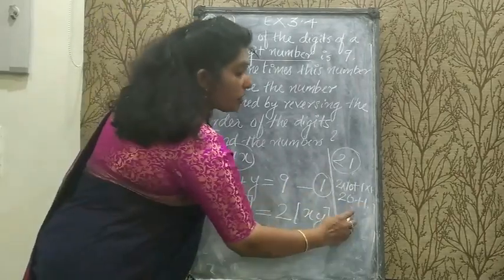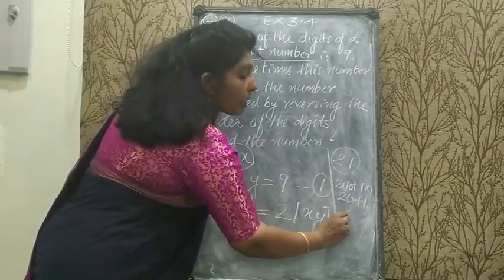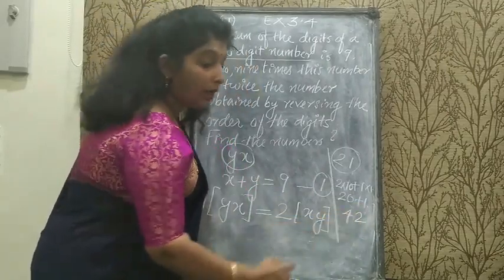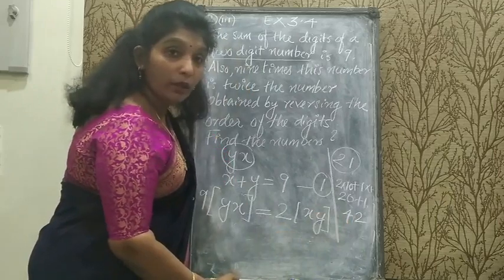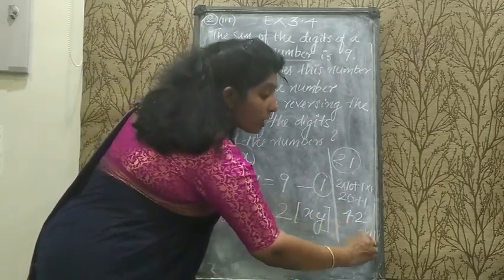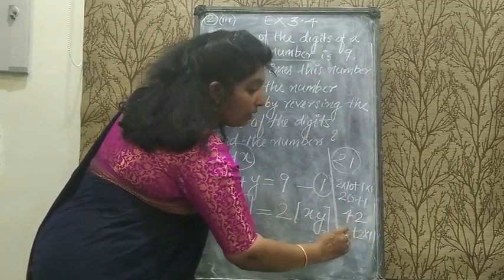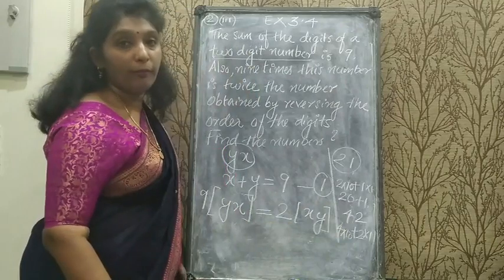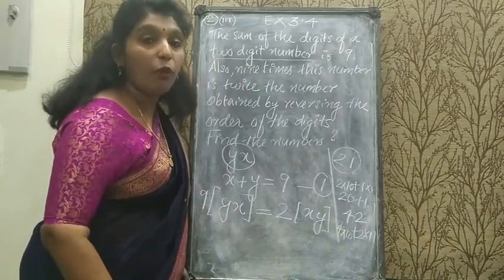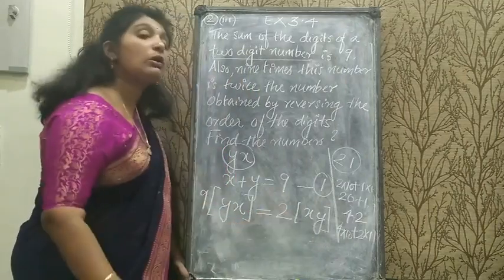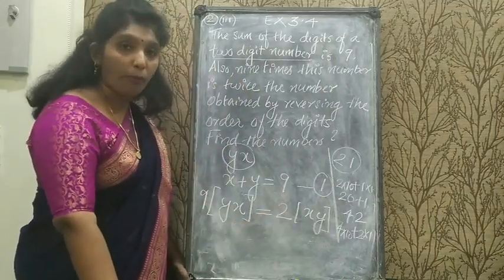One more example I will show. If I take the number as 42, here ones place 2 is there, in tens place 4 is there. If I expand this number, this can be written as 2 into 1, since in ones place 2 is there, then plus 4 into 10, otherwise 10 into 4. This is the expanded form of the number. Same way, these numbers also I can write in expanded form.